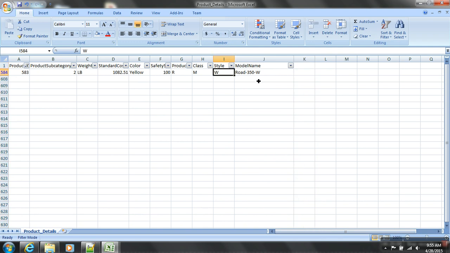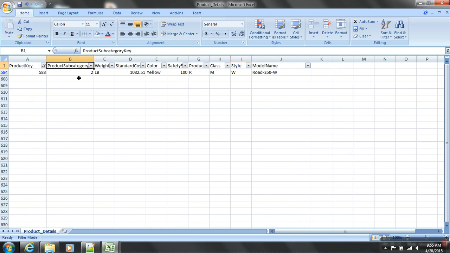Now, what about product subcategory? Is it an attribute of the key? What about weight? It's a property of the product. Cost, property; color, property; safety stock level, property; product line, property; class of the product; style of the product; and name is also a property.